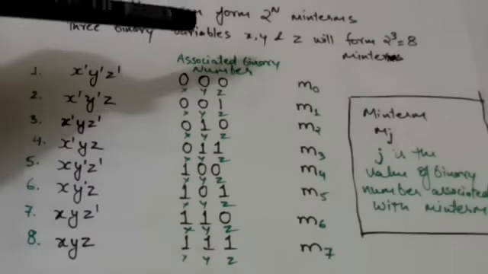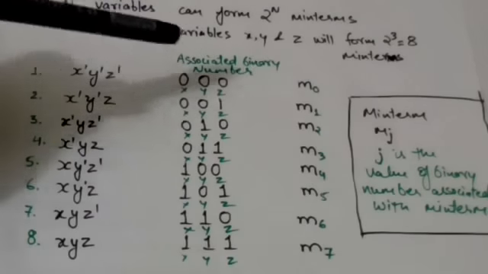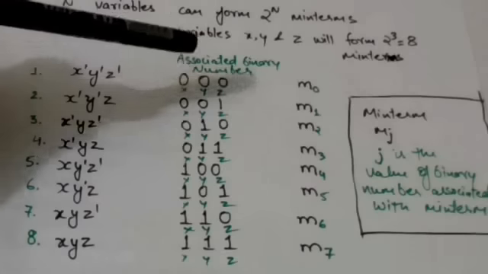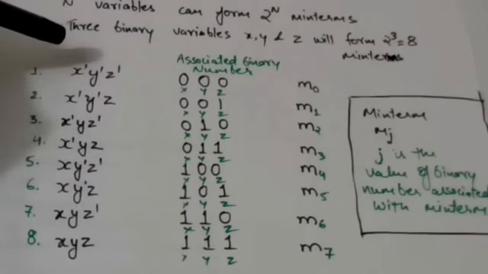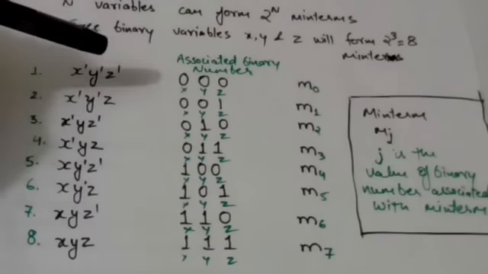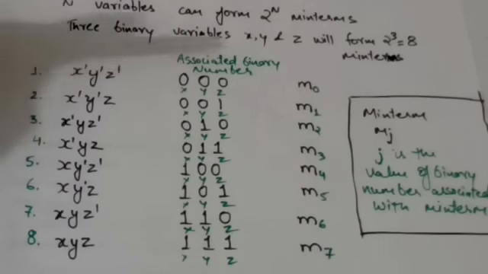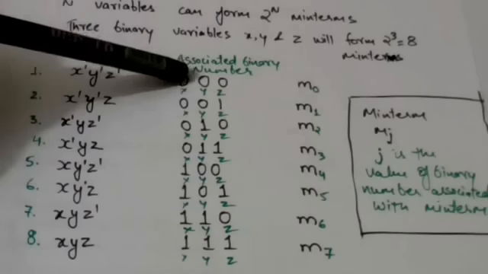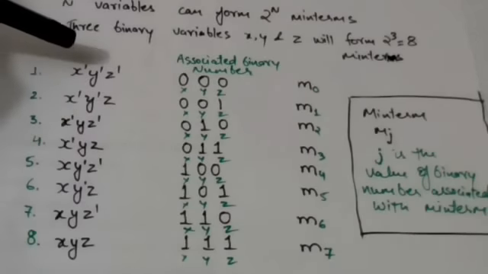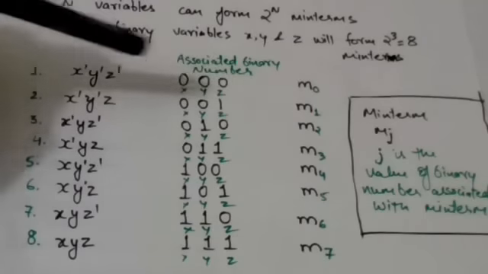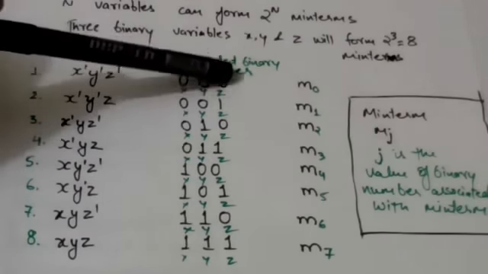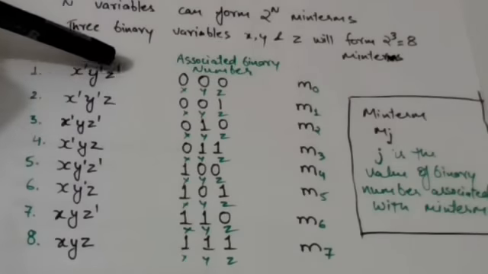Each bit of the associated binary number corresponds to each binary variable of the minterm. Here the first bit corresponds to the first binary variable of the minterm, that is x. The second bit corresponds to the second binary variable, that is y. And the third bit corresponds to the third binary variable,